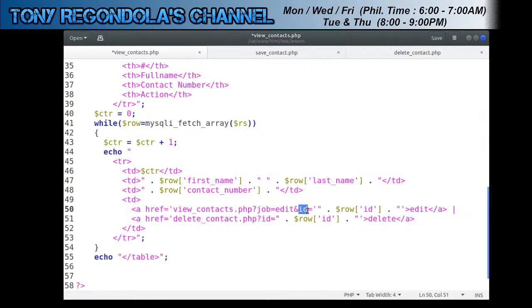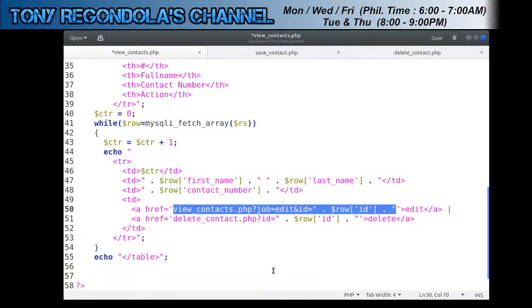So ID equals, and then we will remove the single quote here, because this ID represents an integer value, not a string value. But we still have the single quote here because we are closing the single quote from here. So the entire thing inside the single quote is this. We just use double quote here and double quote here to concatenate these things that we need to